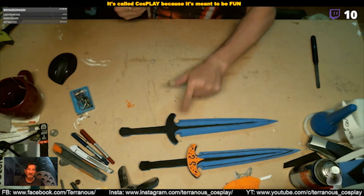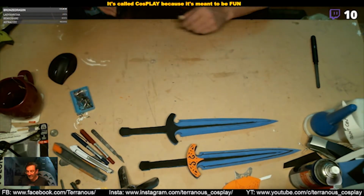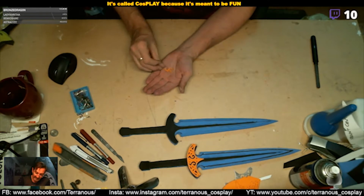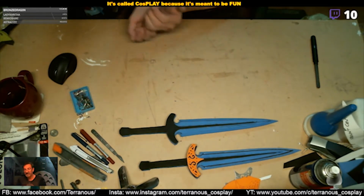Yes, see, this is my personal project for a convention I'm doing in about 10 days' time. I need some weapons or some props that I can...